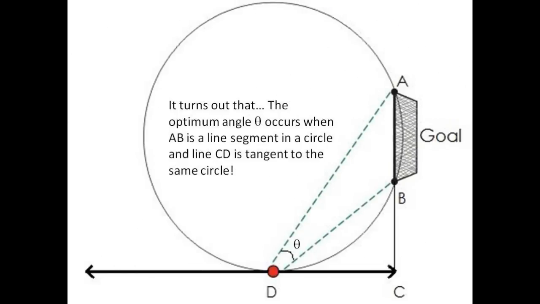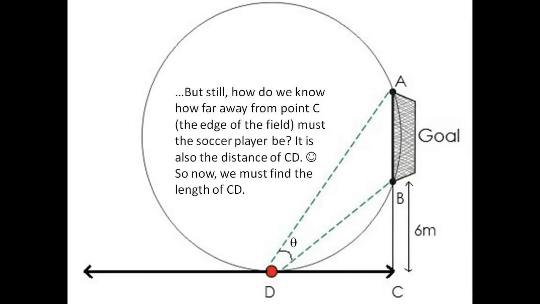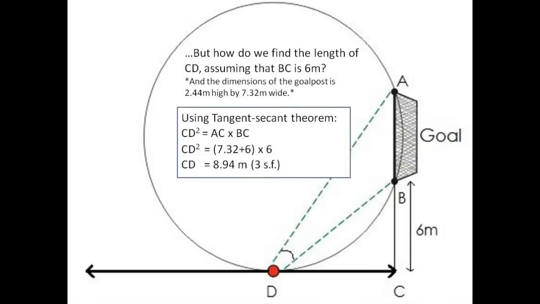Think about it. It turns out that the optimum angle occurs when AB is a line segment in a circle and line CD is tangent to the same circle. But still, how do we know how far away from point C, the edge of the field, the soccer player must be? It is also known as the length of CD. So now, we must find the length of CD. But how do we find the length of CD, assuming that BC is 6m? The tangent-secant theorem can be applied here, and the answer derived would be 8.94m